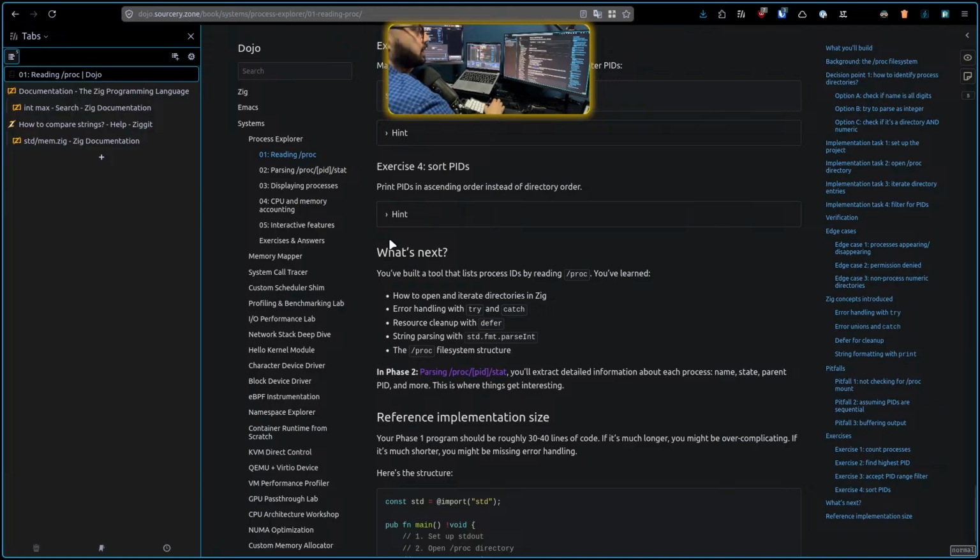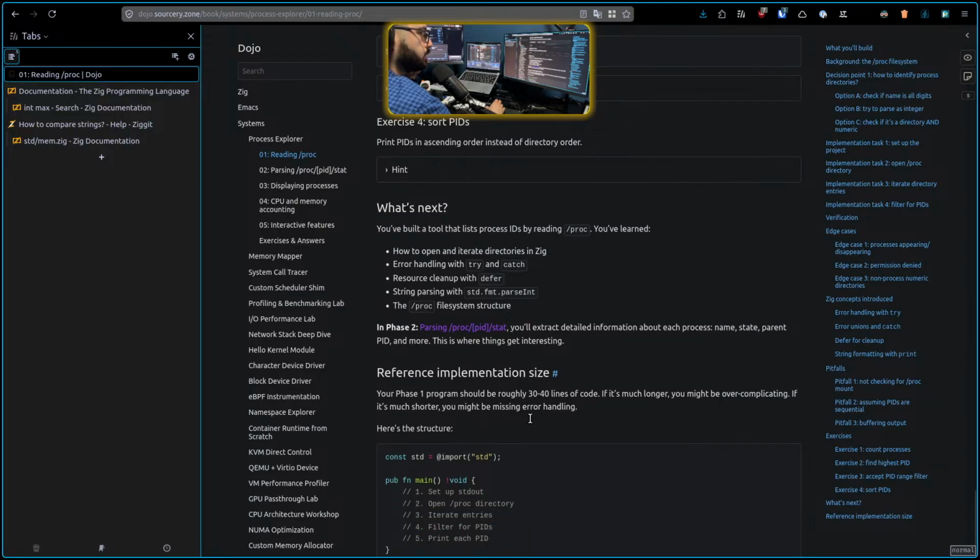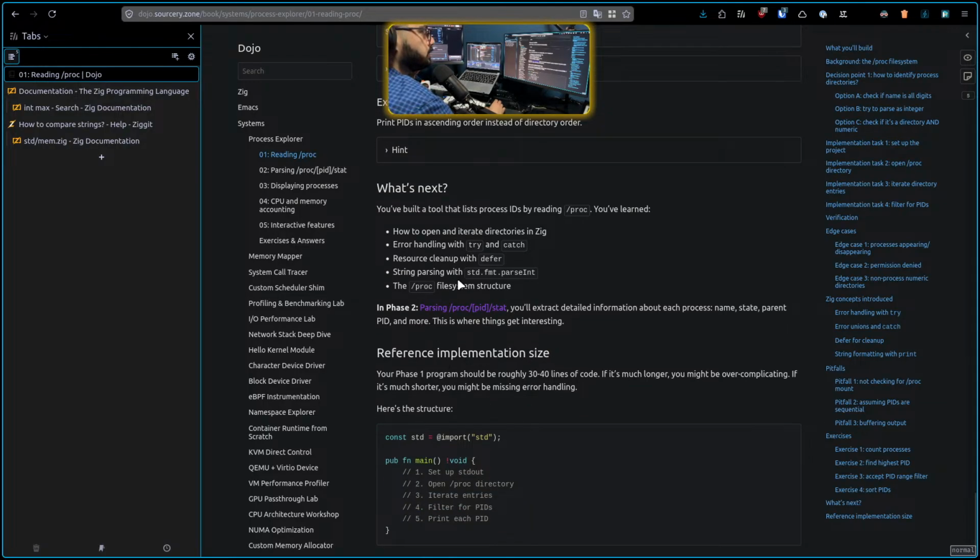You built a tool that lists IDs by reading. You've learned how to open and iterate files. Yes. Error handling, try catch. Yes. Resource cleanup with defer. Yeah. Parsing and